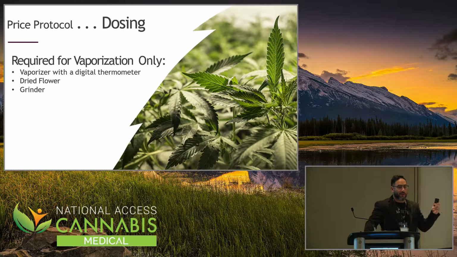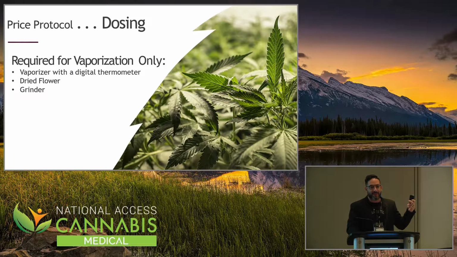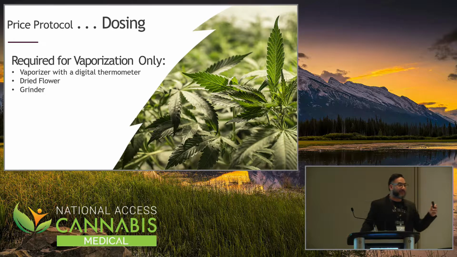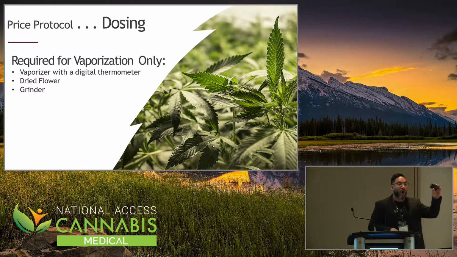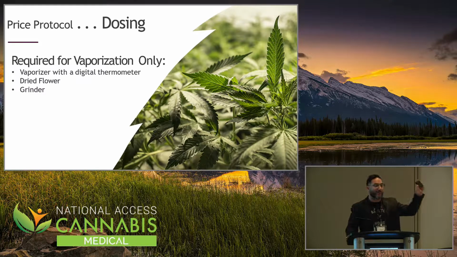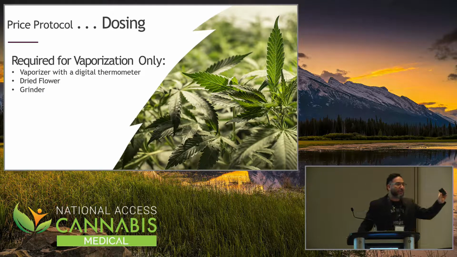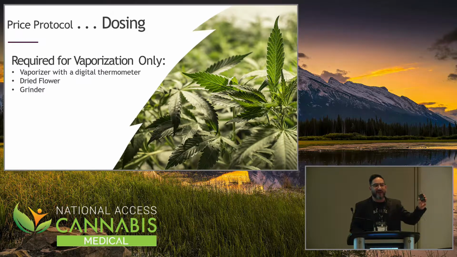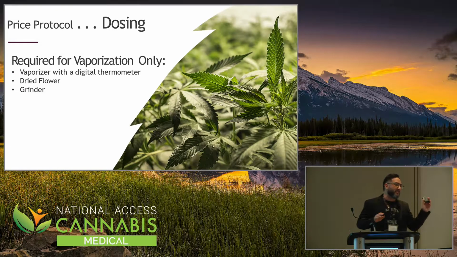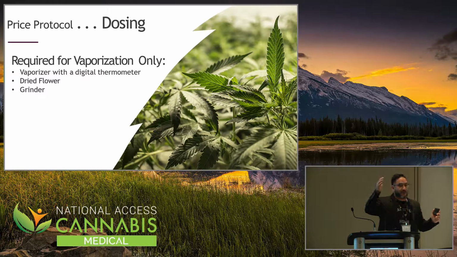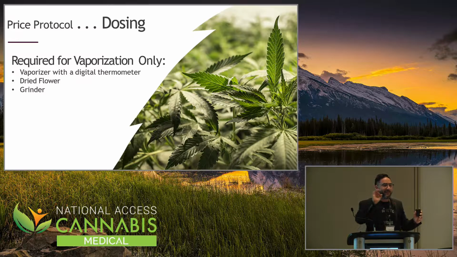If you go over 210 degrees Celsius, or 230 degrees Celsius, maybe upwards of 375 degrees Fahrenheit, maybe 400, anyways, depends, somewhere between those two, you're in levels of combustion. So you want to stay below that level. All vaporizers can still combust, and we don't want that to happen. So we know that THC vaporizes at 156 degrees Celsius, and we know that CBD vaporizes at somewhere between 186 to 189 degrees Celsius. Those are the levels of vaporization.